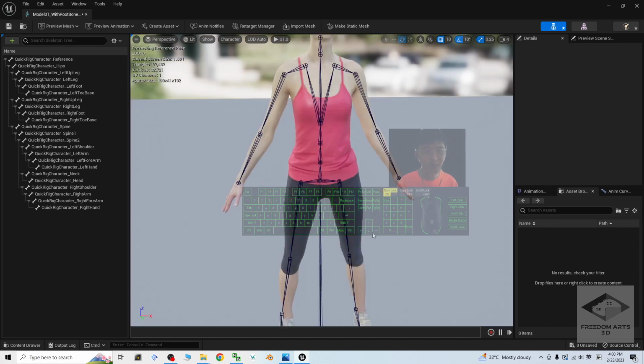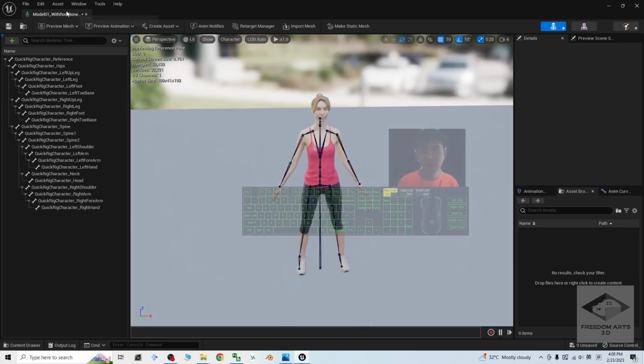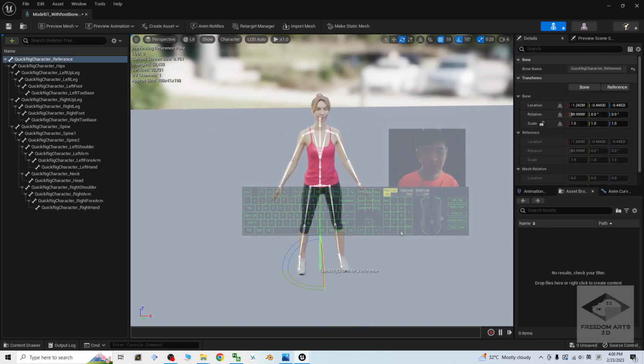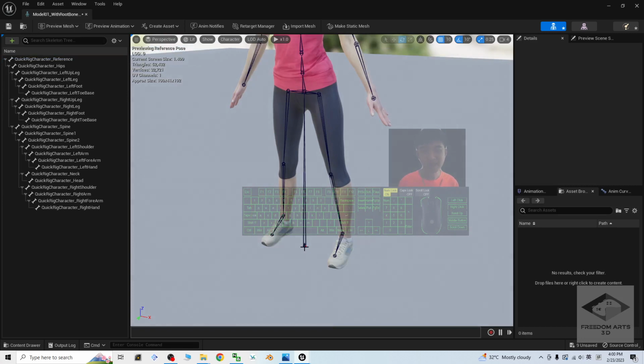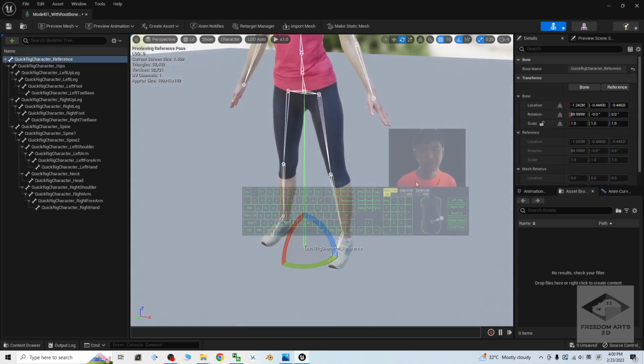Now you can see this avatar has a root bone. This is the root bone. The root bone is the first bone that connects from the center to the pelvis. So this is the root bone. Right, next,